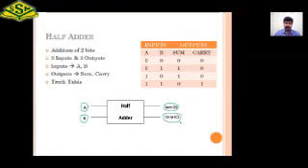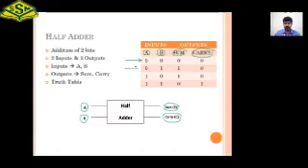The fourth step is creating a truth table based on the input and output. As you can see, this is a truth table of the half adder circuit. We have 2 inputs A, B, and we have 2 outputs sum and carry. As we all know, in binary addition, if you add 0 and 0, it gives you sum as 0 and carry as 0. That's what the first row denotes.